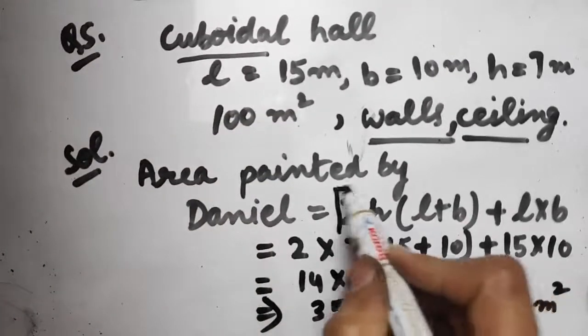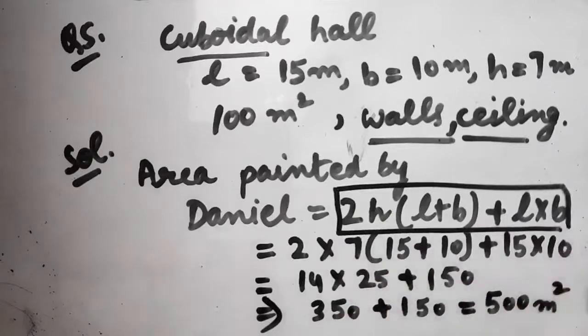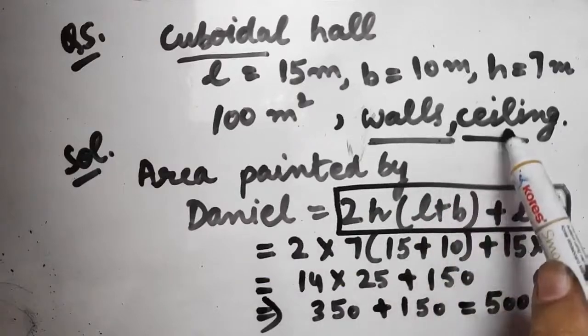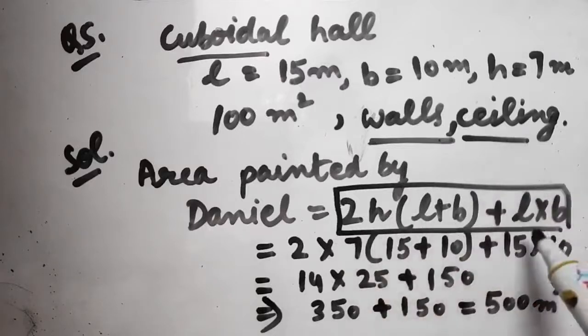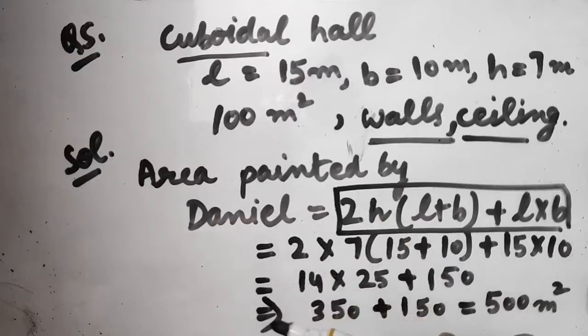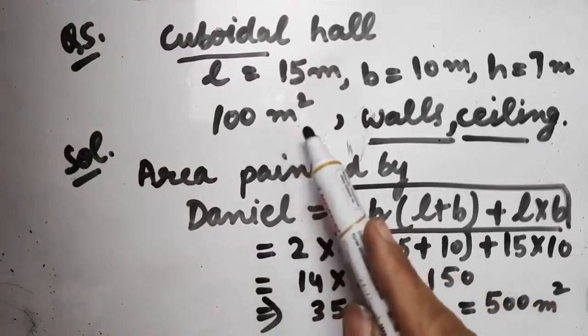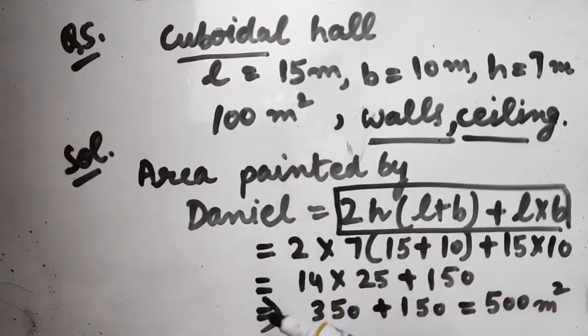So the main thing is we are supposed to find out which is the area we are supposed to paint, as it was required the 4 walls area plus ceiling area. So 4 walls area, that is the lateral surface area, that is 2h(L plus B). Ceiling area is a rectangle, so it will be L into B. Simply put the values and you will come to know the area to be painted by Daniel. Now it is also given to us in the question, from each can of paint 100 meters square of area is painted. We are supposed to find the number of cans of paint she will need to paint the room. To paint this much area, how many cans will be required? So we will be finding out that also.